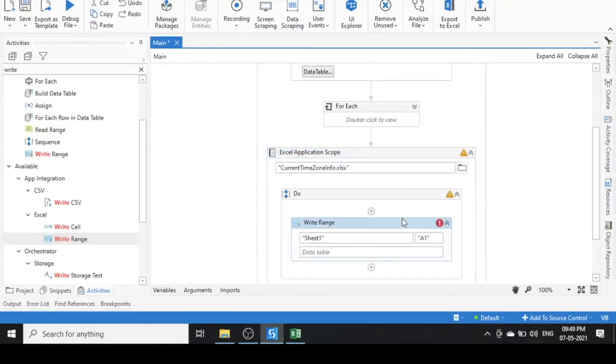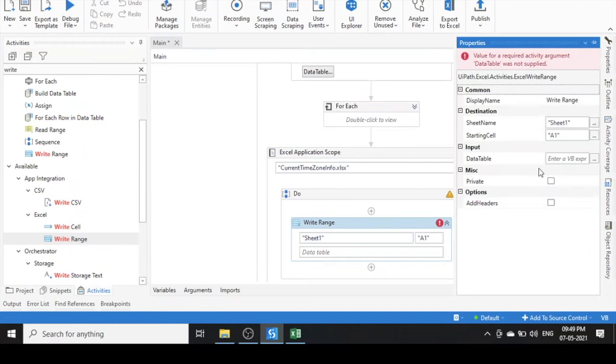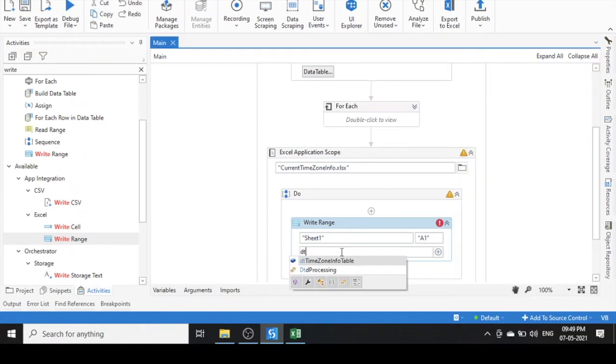So write range, and in this write range we will use add header, and here we need to type my data table, time zone info. So let me run this one and we'll see how it will look.